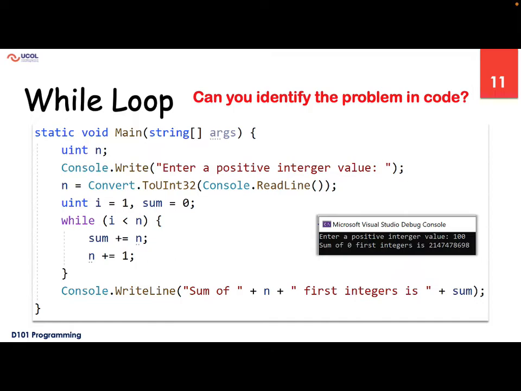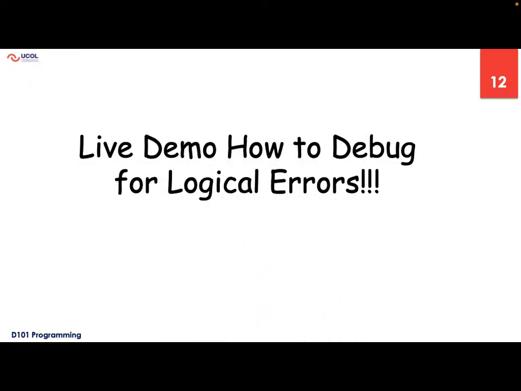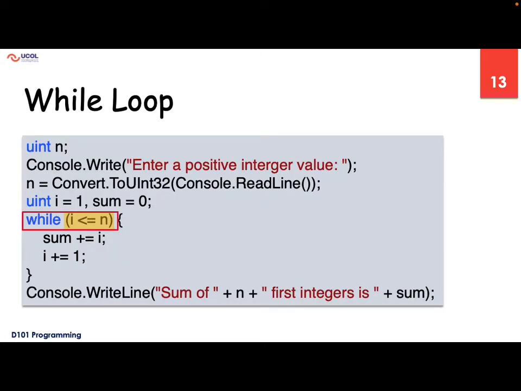before we move to the next live demo? I will just skip that one. I have explained very well what's happening in that one and why it is happening, because we can write the same code in the program and try to execute it step by step, and then we can realize that we need to add I in the sum value, not n, and we need to increment the value of I, not n. So we understand that, and the good thing is that people can understand the problem without debugging, without running the code. Okay. So, the while loop,